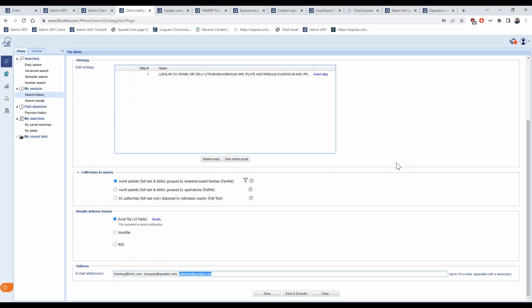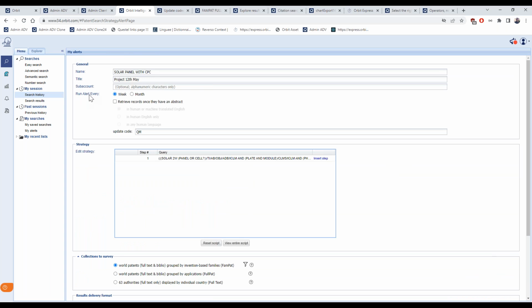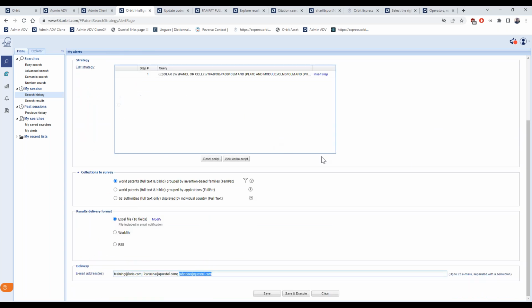Meaning, if I create an alert on Thursday, I don't have to wait till the next Thursday to have the first message, but I have to wait till the next database update. If it's a weekly delivery, so I specify every week, it will be sent after the Sunday. So FamPat alerts are usually received on Monday evening or Tuesday morning. FullPat alerts on Sunday night, Monday morning.